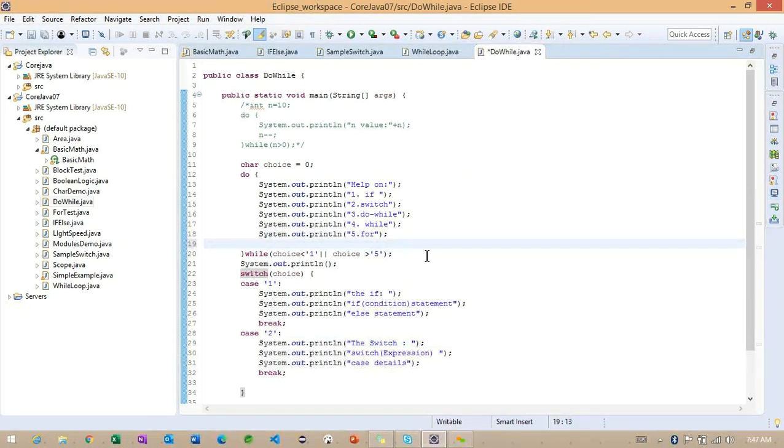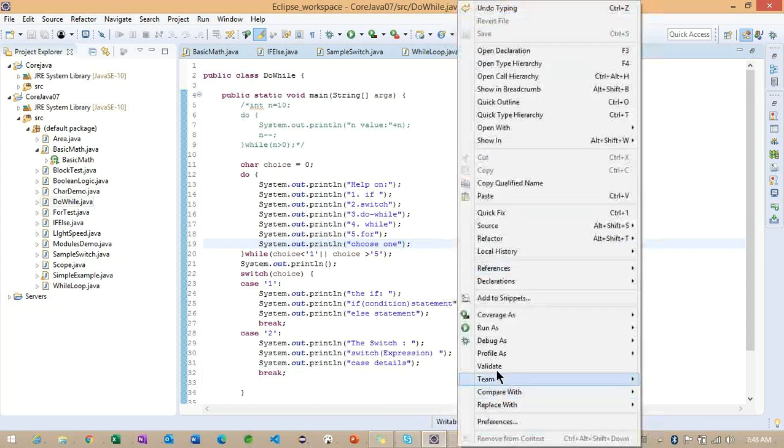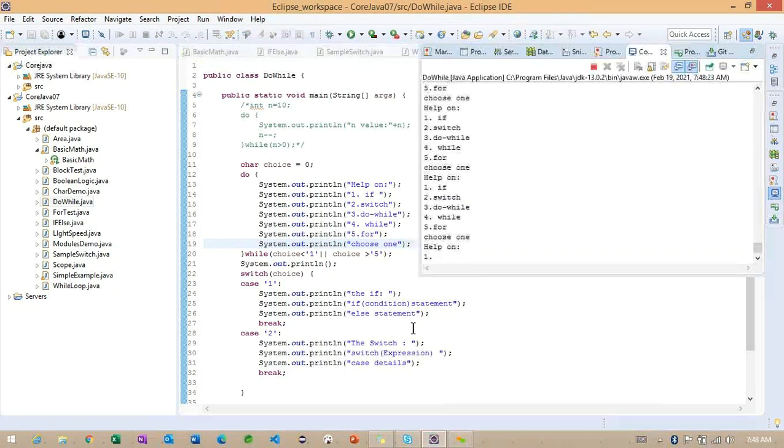What did we miss here? Let me provide one more. Choose one. I'm going to print here the particular choose one. What happened?